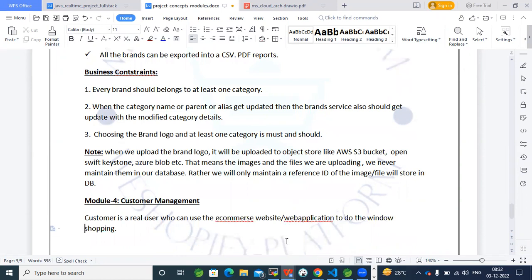Customer is a real user who can use the e-commerce website or web application to do the window shopping and